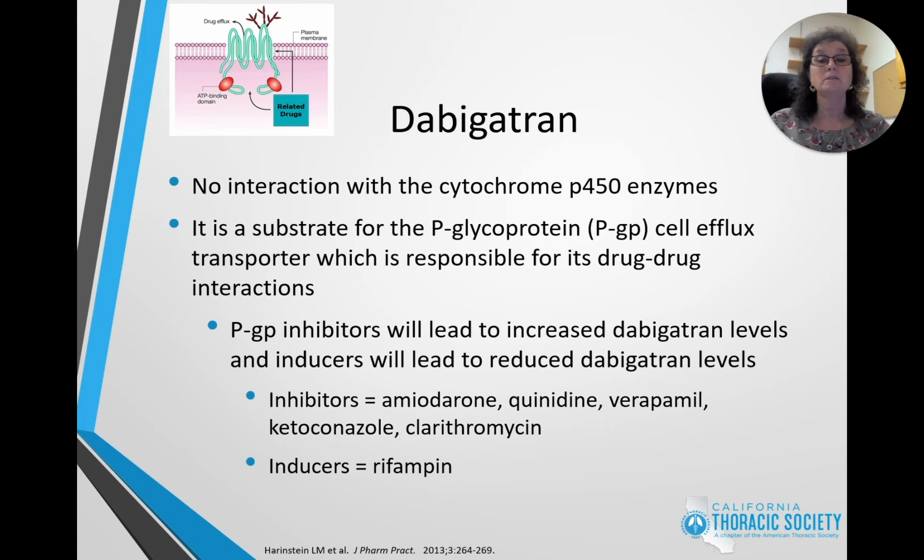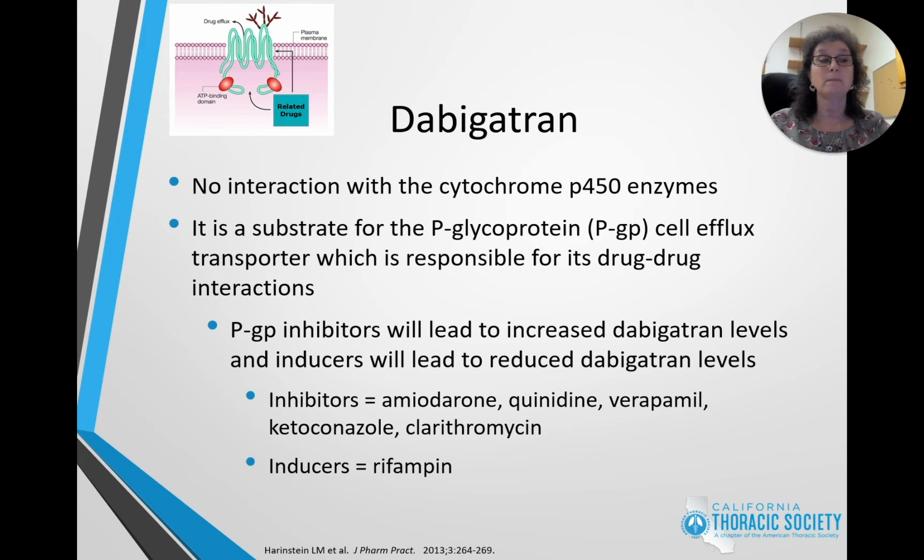There are no interactions with this drug with the cytochrome P450 system. However, it is a substrate for the P-glycoprotein cell efflux transporter, which is responsible for most of its drug-drug interactions. P-glycoprotein inhibitors will lead to increased dabigatran levels, while inducers will lead to reduced dabigatran levels. Common inhibitors you may prescribe are amiodarone, quinidine, verapamil, ketoconazole, and clarithromycin, while the most common inducer that might be